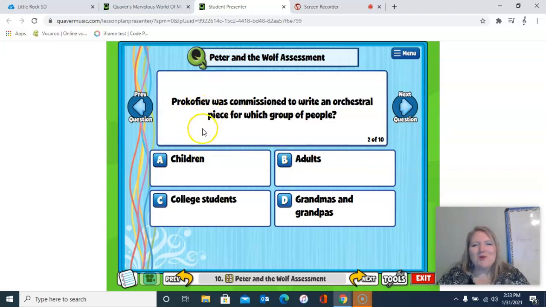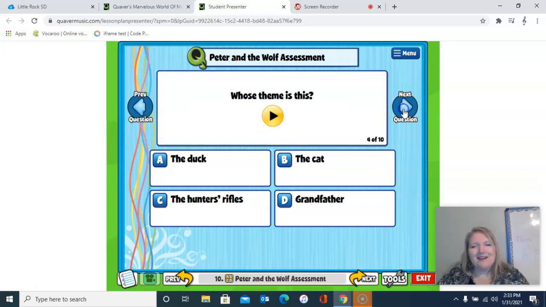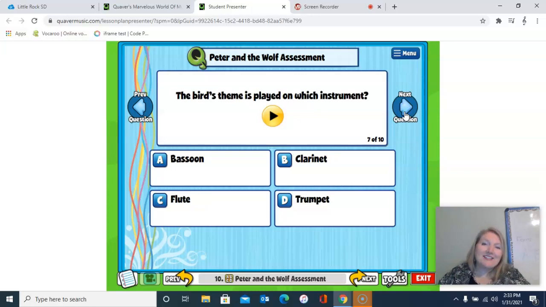Prokofiev was commissioned to write an orchestral piece for which group of people? Who did we say he was going to write it for? Was it children? Was it adults, college students, or grandmas and grandpas? All right, and number 3, how many characters are in the story? I'll let you figure that out. Whose theme is this? And so then you have to listen to it and decide, is it the duck, the cat, the hunter's rifles, or grandfather? And each one of these next ones are the same thing. That's what I'm saying. If you go back and you practice those other activities, this should be really easy for